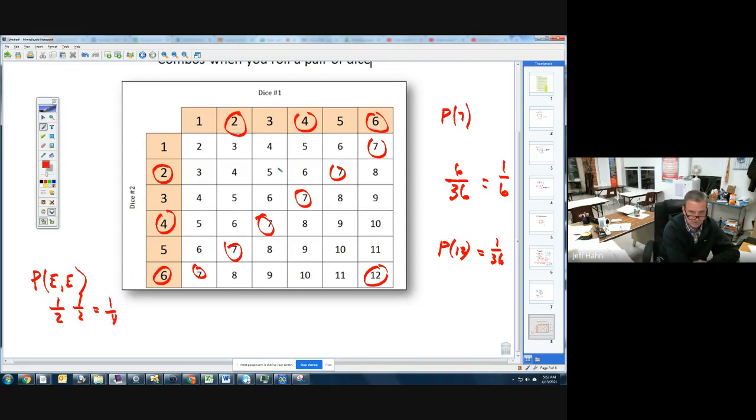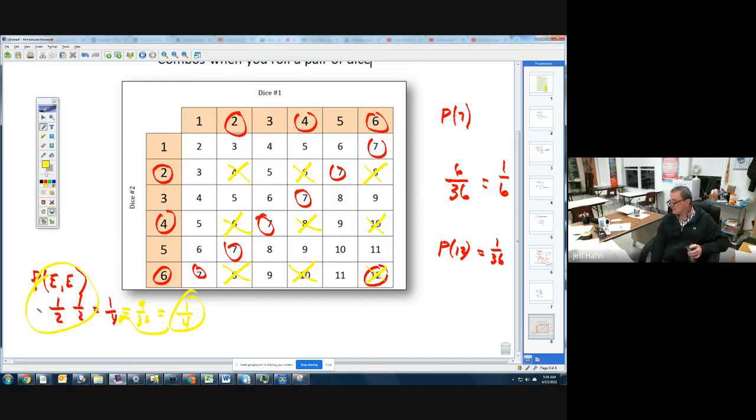And you can see what numbers you would get for them both to be even. Let's do a different color. I could roll a 4, they'd both be even, a 6, an 8, boom, boom, boom, 8, 10, and 12. And if you look at those, you have 9 of the 36 combinations. Gives you that beautiful 1/4 probability. But you did that right there, so you don't have to do it.